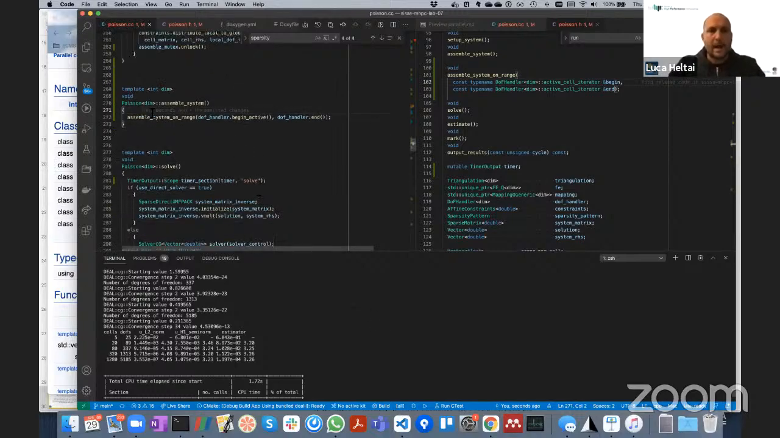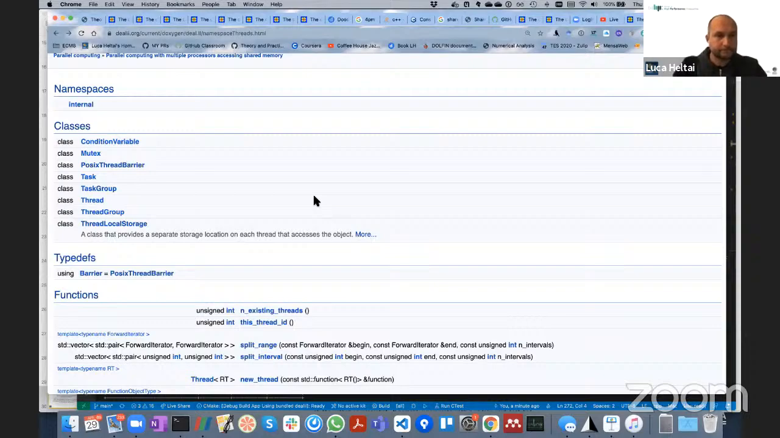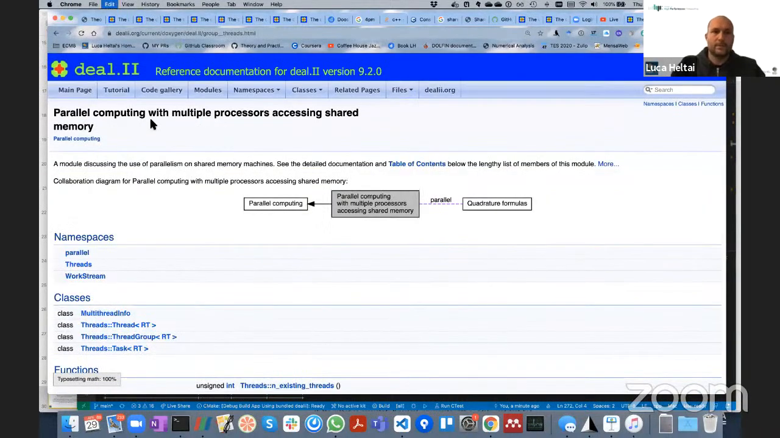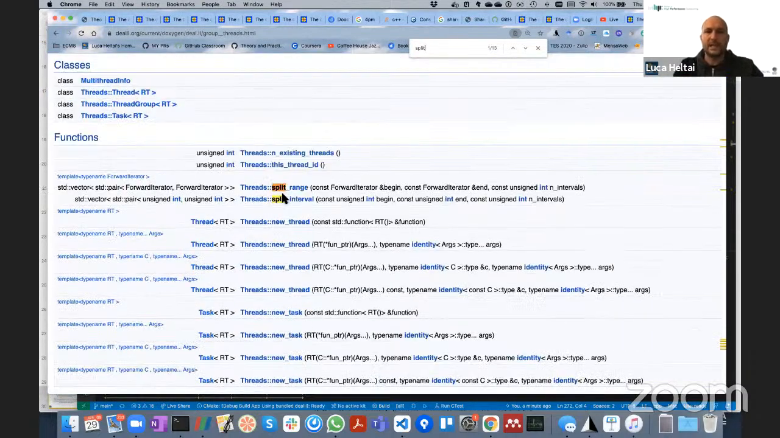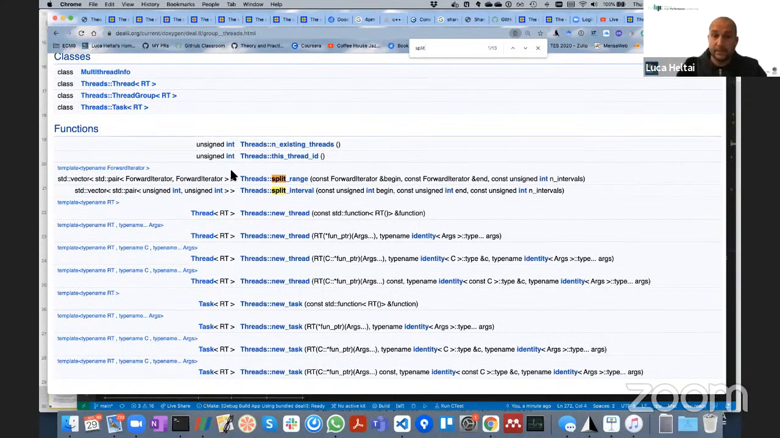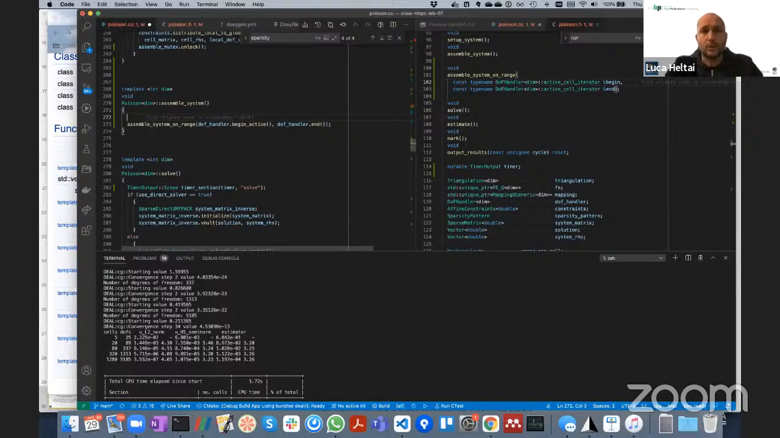Now, instead of assembling, we need to split this range. Sorry, I don't have a voice anymore. There is a split range function, which is called inside this, that allows us to do exactly the type of things that we need. So I will call this before the assemble system on range, and I will do the following. First of all, I ask how many threads I have. So I do n threads equal